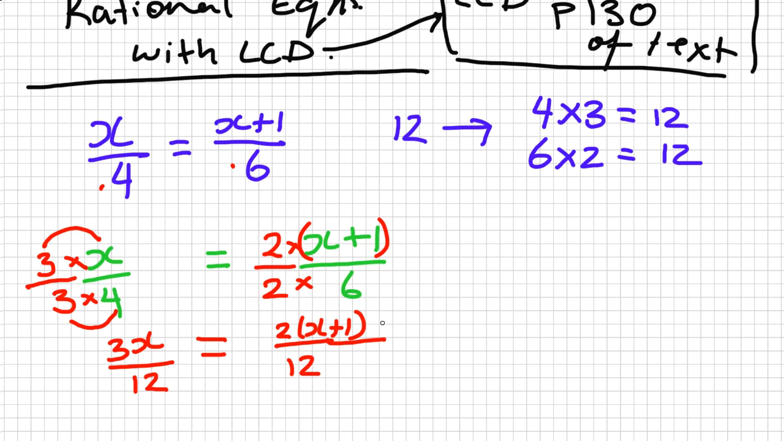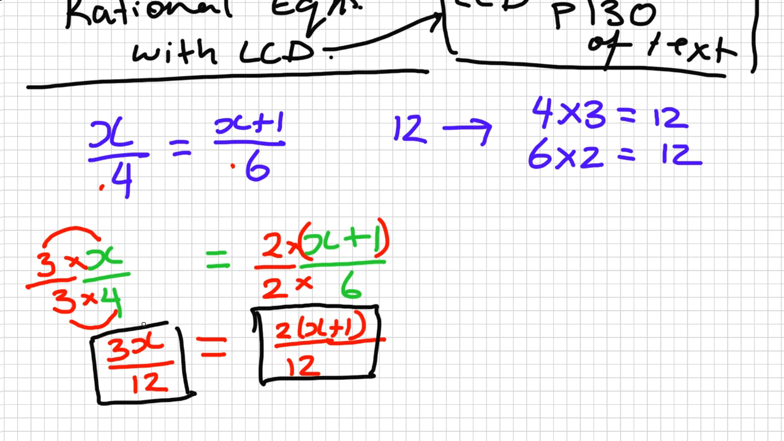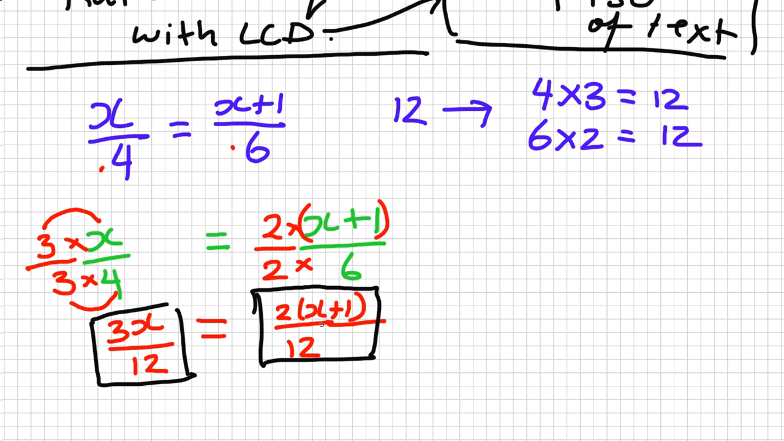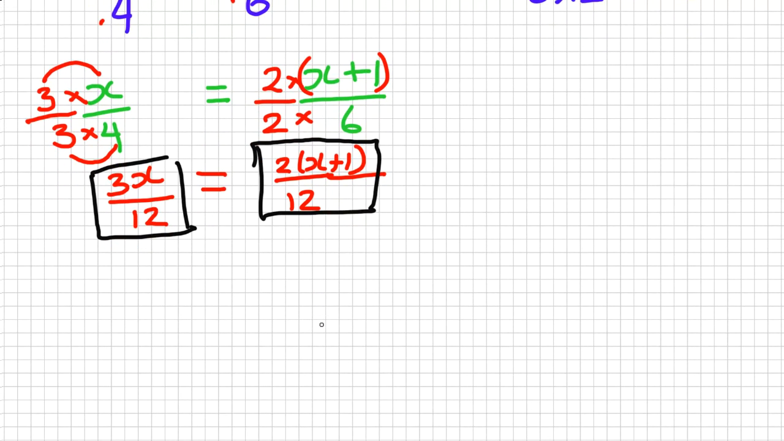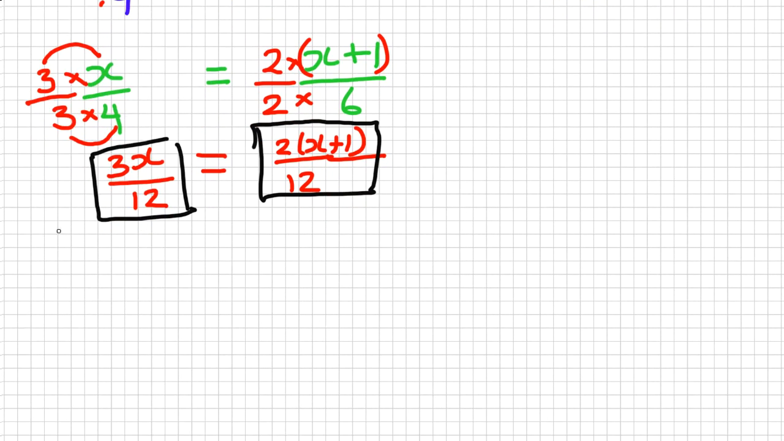So remember, our goal was to get the fractions in the equation to have the same denominator, so the same number on the bottom line. And that's just what we've done now. We have 3x over 12, and we have 2 times x plus 1 over 12. They now have the same denominator. So from here, depending on how you are with your fractions, let me write this out again, 3x over 12, 2 times x plus 1